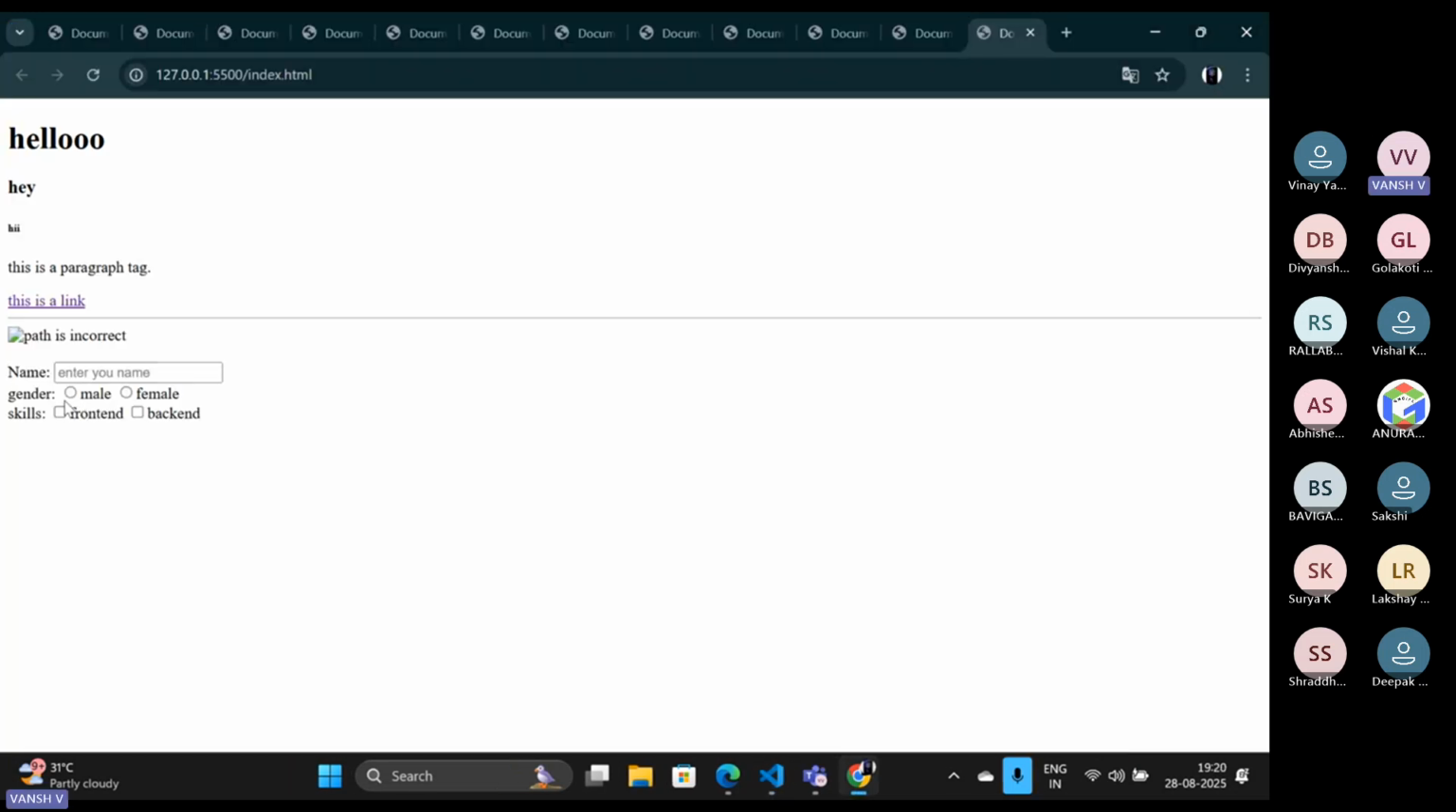Have you seen the difference? Here we are getting skills as front end and back end. This is the quality of a checkbox: as a user, you can select multiple checkboxes according to your skill set. Suppose I want to write HTML, CSS, JavaScript, React, Node.js, MongoDB, and as a user, you want to